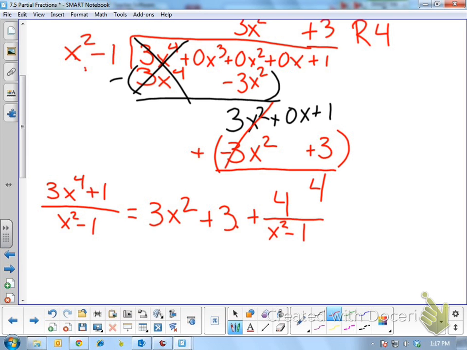So we know this equation is true no matter what x we pick, but we try to pick our x specifically to get rid of our a and our b. So what do I pick x to be first to get rid of a? 1. So that means we get 4 equals a times 0, so it disappears, b times 2. I should have written the 2 in front, but I already started writing b, so I don't want to erase it. So that means we know b is